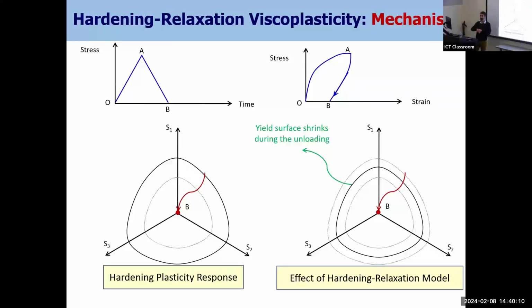So we define what is called a memory surface, and then look at how much plastic strain we have, and for how much of it we have considered the evolution or the contraction of the yield surface. Now, if you do, let's say, loading, unloading, and just keep it unloading, it's not going to keep shrinking and shrinking. There's a limit to it, and that is based on what we call a memory surface.